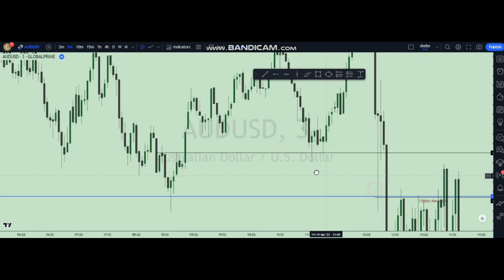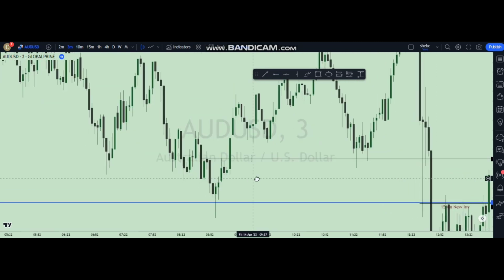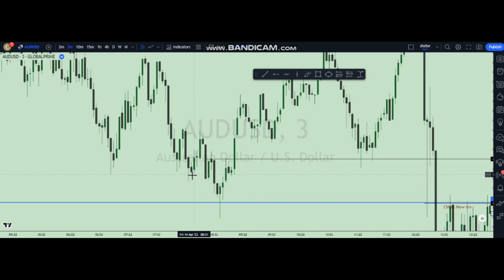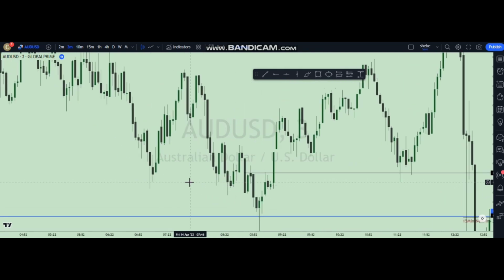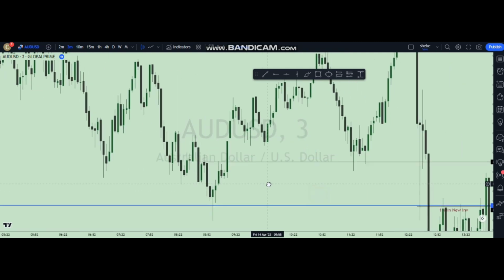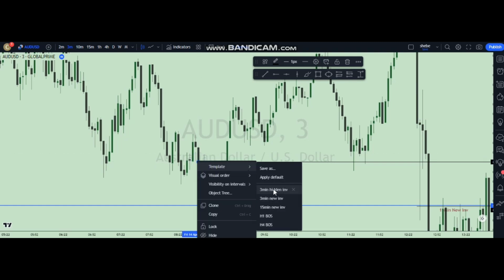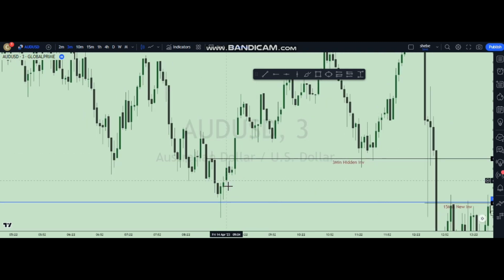But when the price came, okay, now we continue. This was low, this was high, this was low, and the price broke, but it didn't come back. This one is a 3 minutes hidden invalidation point, because we expect the price to come and test this, but it did not. It went past. So we consider it our 3 minutes hidden invalidation point.